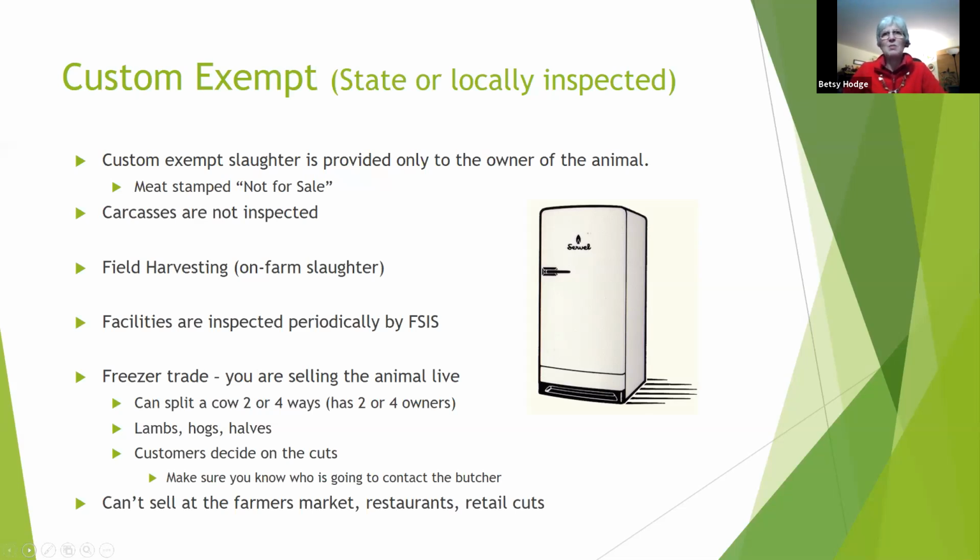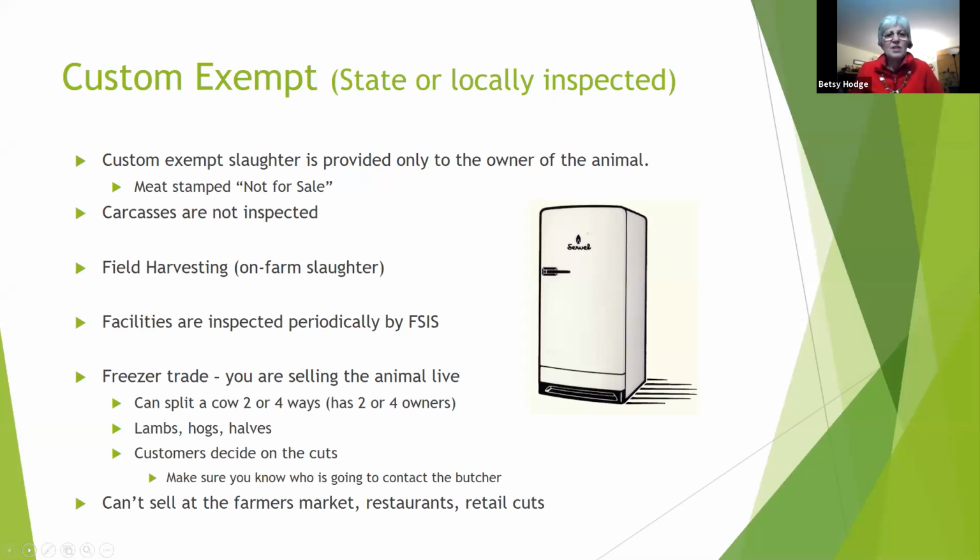So if I have lambs for the Parker family, I may deliver them to the slaughterhouse, or actually they come to my farm usually and process them there to start with. They're sold as Parker's lambs, and he takes them away. So basically you're telling them who owns the animal, even if they're coming to your farm to get them.